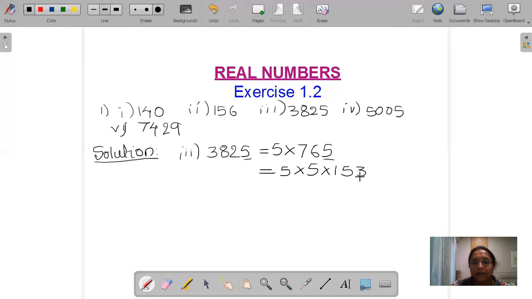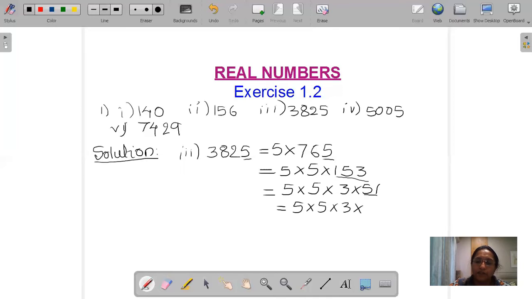Then this will be divisible by, you should know the rules. When a number is divisible by 2, 3, 5, 9, 11, you have studied that in your 9th standard. Just remember those. Then this number will be divisible by 3. Why is it divisible by 3? Because just add these digits: 1, 5, 6 plus 3, 9. When 9 is divisible by 3, then this number will be divisible by 3. So 3 fives are 15, into 1 is equal to 5 into 5 into 3.